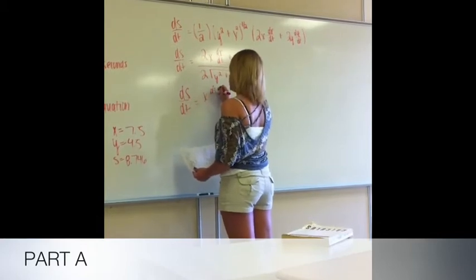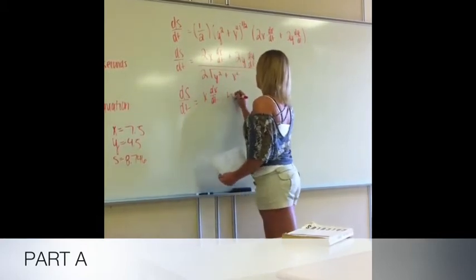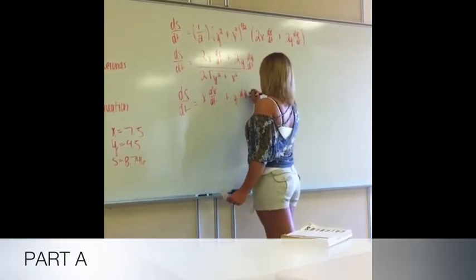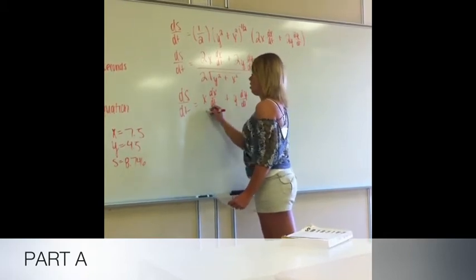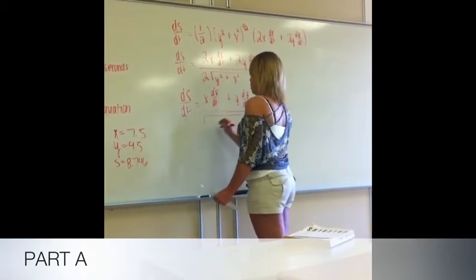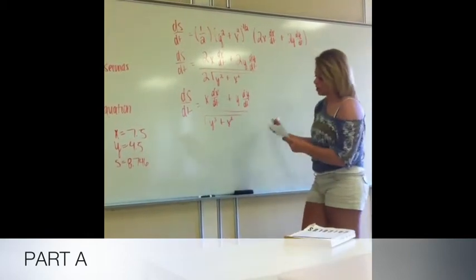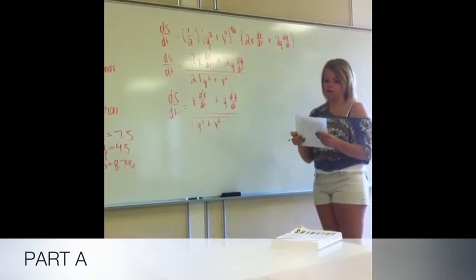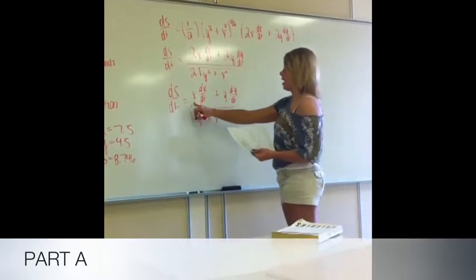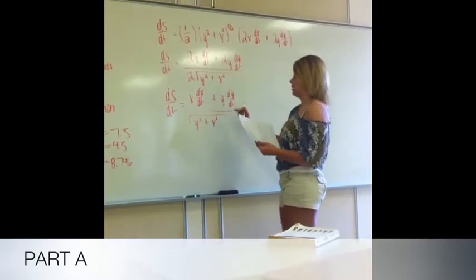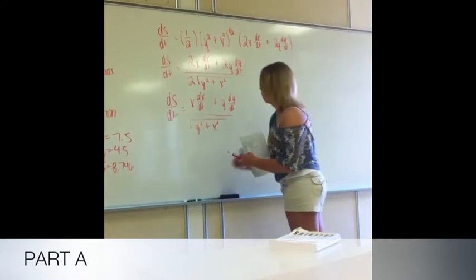So it'll just be x dx/dt plus y dy/dt, all over the square root of y squared plus x squared. Then to solve for this, you're just going to plug in all of the numbers that you already know. So you're going to plug in x, y, dx/dt and dy/dt. When we plug that in,